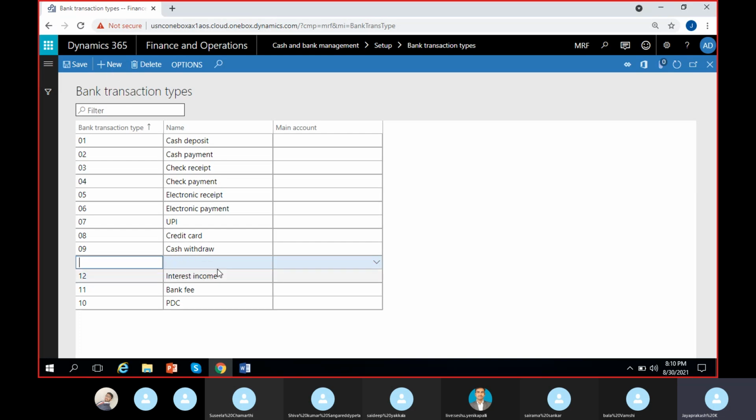Okay, then we can create one more if you want. You can create as many as you want. Interest expense, or interest expense you can create. Here bank fees or charges. You can just give this one bank fee or charges. Right? So